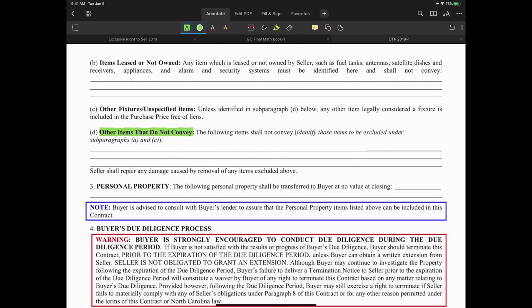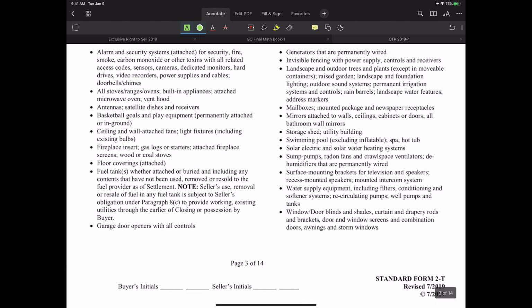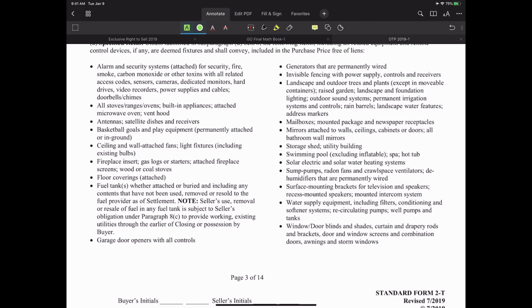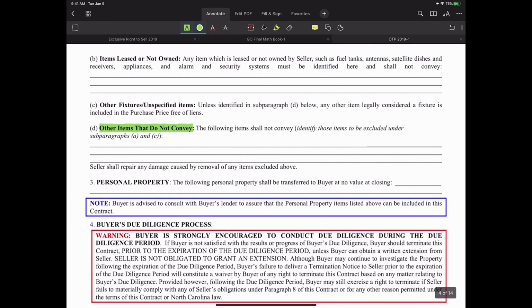Can you give an example? You know what? I can. Let me scroll back, and you'll notice right here that it talks about mirrors. So notice it says mirrors attached to the walls, ceilings, cabinets or doors, and all bathroom wall mirrors. I actually had a deal once where the seller did not want to leave their bathroom mirrors. So if that was the case, we're going to go ahead and write in other items that do not convey, and we could just write bathroom mirrors. Now, I know in real life, I would probably want to be more specific, but for right now,